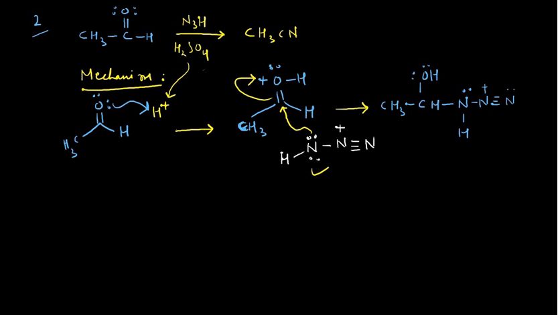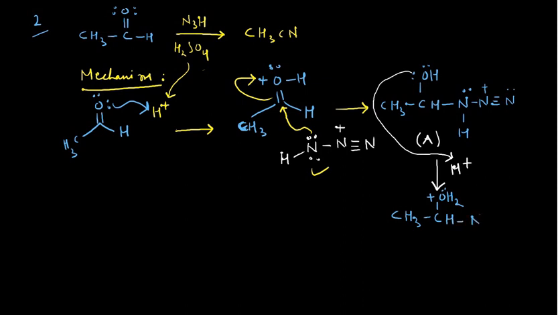Let's say I can give some name to it. Intentionally I am doing this. Say this is A, I am writing this species as A. So what can happen with this A? Say you are having H positive. This oxygen can attack on the H positive, and the moment it attacks the H positive, you will have another species that would look like CH3COH2 with a positive sign. Only one lone pair would be there on the oxygen atom, and the remaining things are the same.